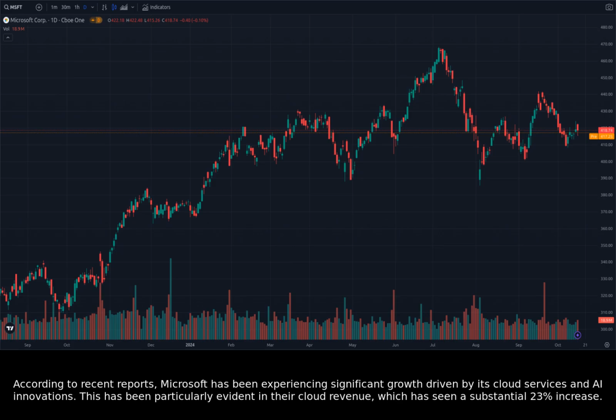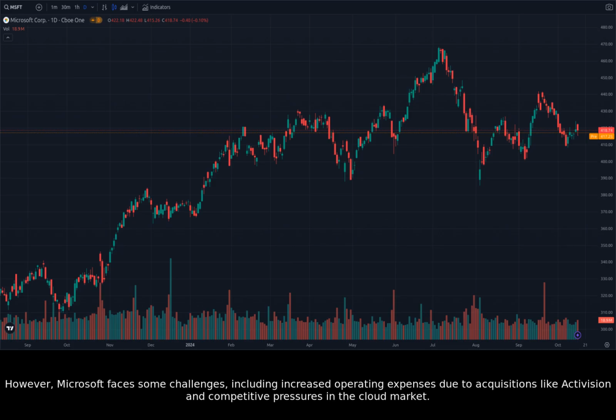According to recent reports, Microsoft has been experiencing significant growth driven by its cloud services and AI innovations. This has been particularly evident in their cloud revenue, which has seen a substantial 23% increase. However, Microsoft faces some challenges, including increased operating expenses due to acquisitions like Activision and competitive pressures in the cloud